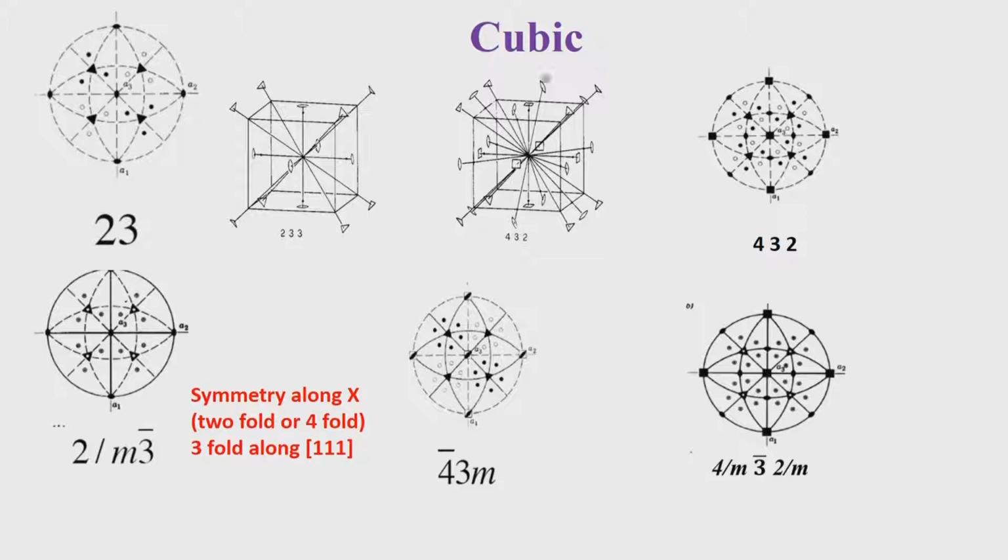The distribution of the symmetry elements in the cubic system looks very complicated, but it is fairly straightforward in the sense that it is either a 2-fold or a 4-fold axis along the x direction. The 3-fold compulsorily is along the 1, 1, 1 direction, and then the third direction could have either a 2-fold or a 4-fold, as we can see here. It could also of course be a combination of a proper and an improper axis, depending upon the rules which have been laid out by Euler's theorem. So, it has to be P, P or P by I, or whatever. So, those combinations therefore are allowed combinations to represent the cubic point group symmetry.